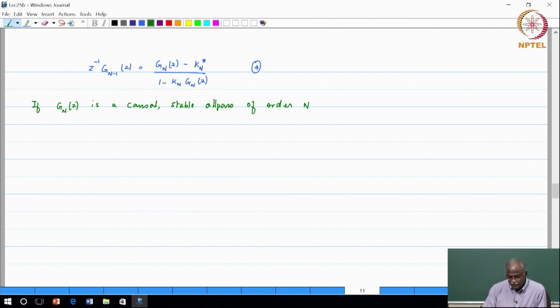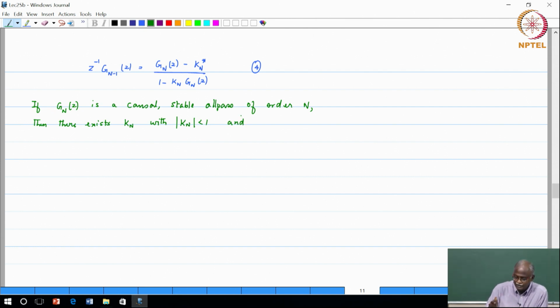Okay, so here is the key result. Then there exists a coefficient k subscript n such that mod k n is strictly less than 1, and so